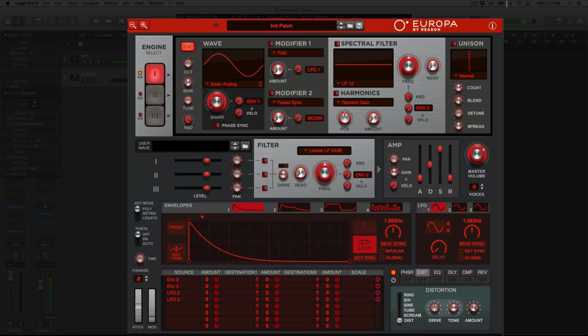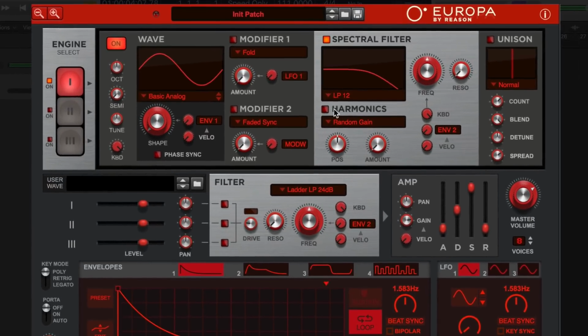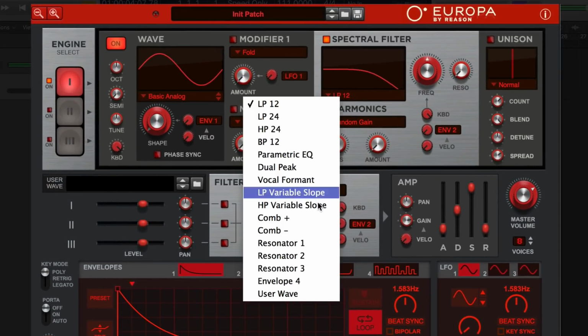So Europa is a spectral-based wavetable synthesizer. If you're wondering, what is a spectral-based wavetable synth versus a typical wavetable synth, you can boil it down to when and where the synth is looking at the output of the oscillators as audio, versus when it's still looking at it as something algorithmic or something that I'm creating from scratch. And Europa is doing that in the actual filter section, which allows you to have these unique filter modes that are spectral-based, meaning you can add timbre, add different harmonics to your sound,